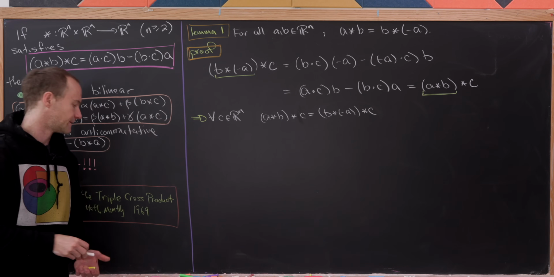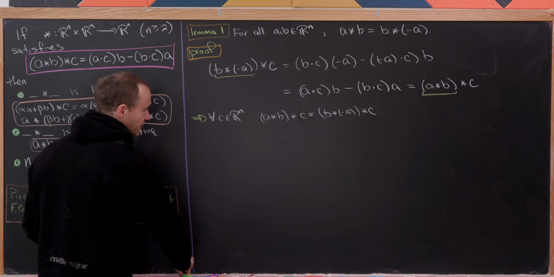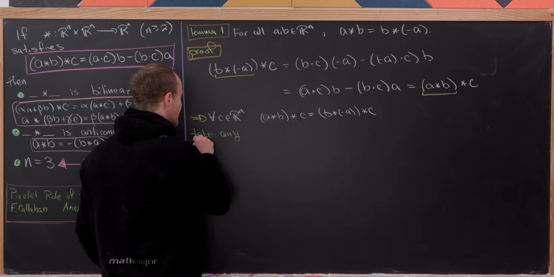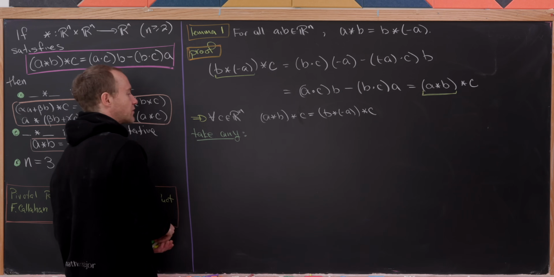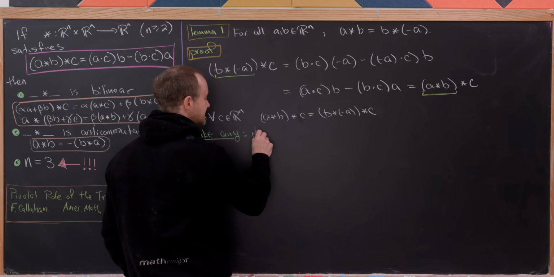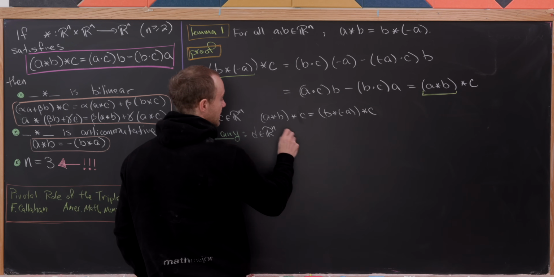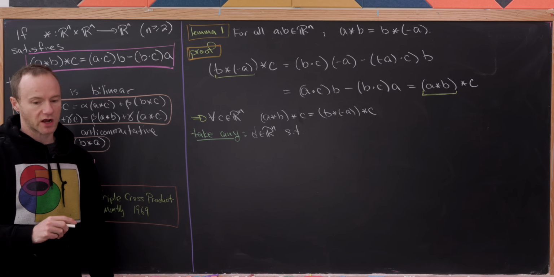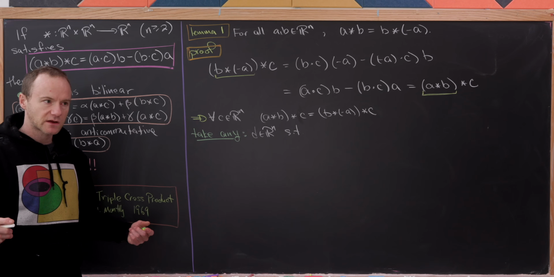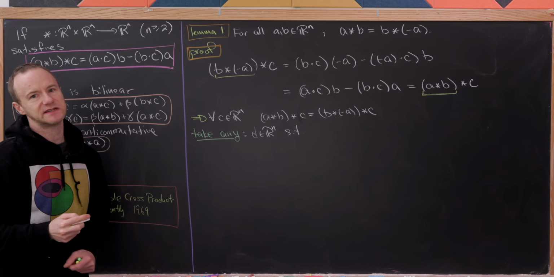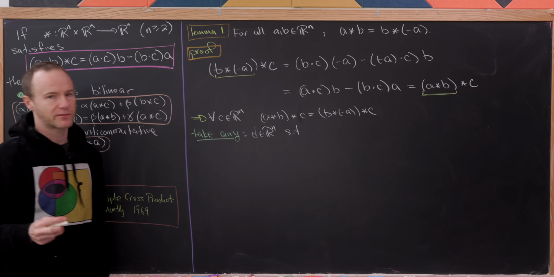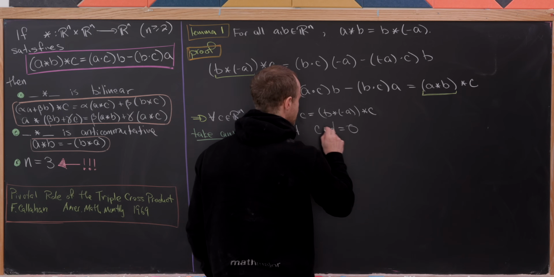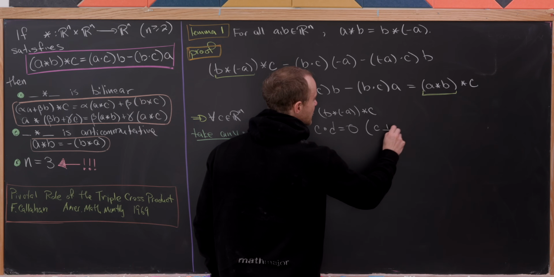Okay, nice. And now here's the trick. We're going to take a new vector, and that new vector has to have a certain property. So let's take any D inside of Rn such that D and C are orthogonal. That means they're perpendicular, or in other words, their dot product is equal to 0. That's a defining property of orthogonality. So we'll say here C dot D must be equal to 0,